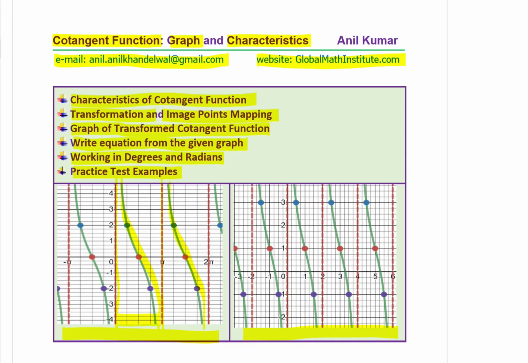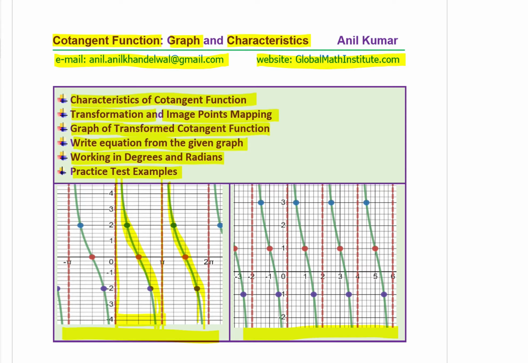So the period between the vertical asymptotes is what we are looking forward to, and that is the principal cycle, which is the period from 0 to pi or 180 degrees. So we'll actually sketch the graph only in the principal cycle and then repeat it as we have done for